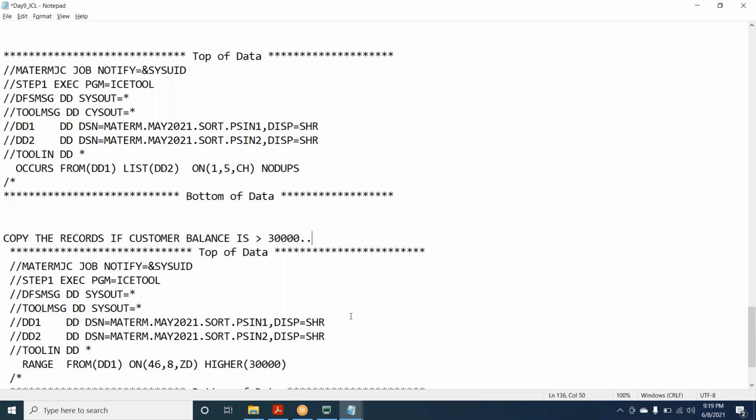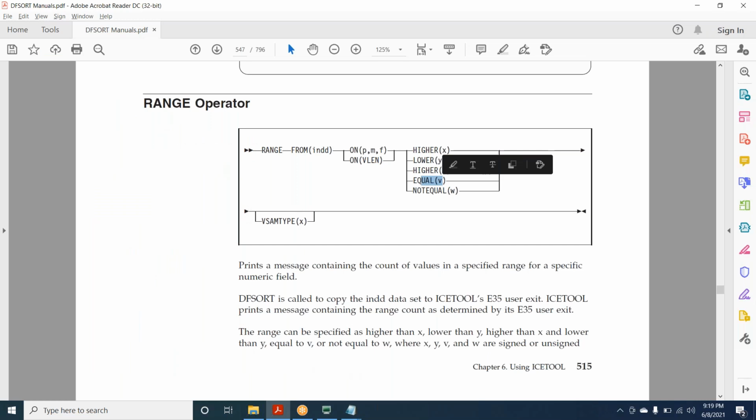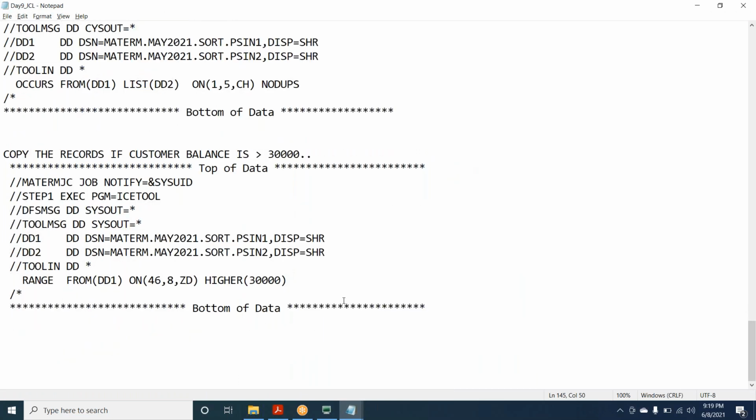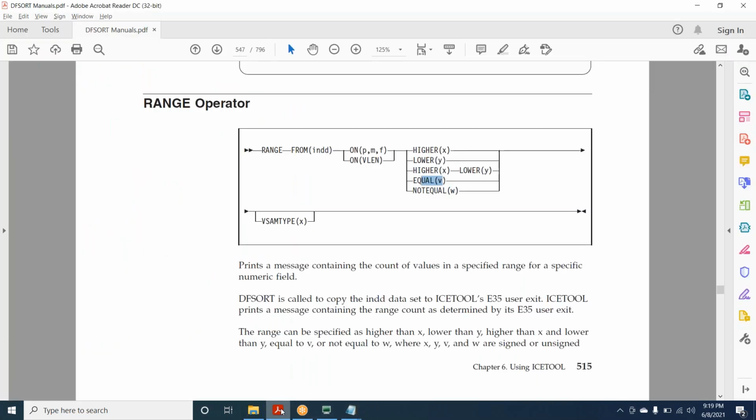If you give higher 30,000 and lower 1 lakh, the count between 30,000 and 1 lakh amount we will get. We can also go with equal and not equal. So this is all about the range operator. Any queries?